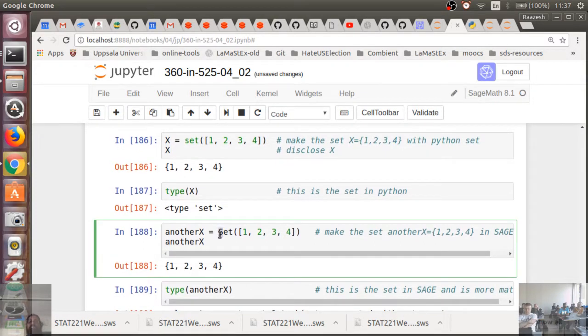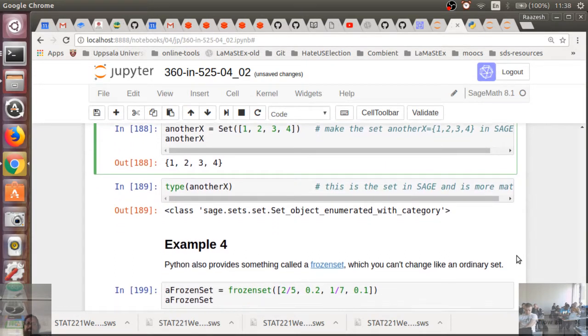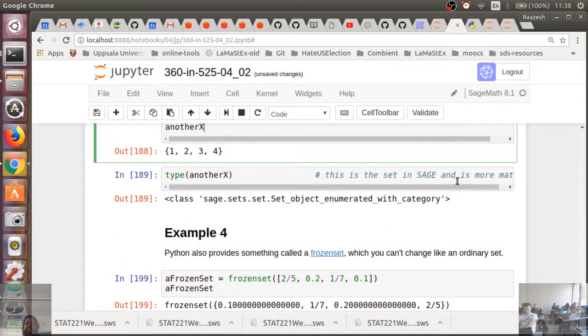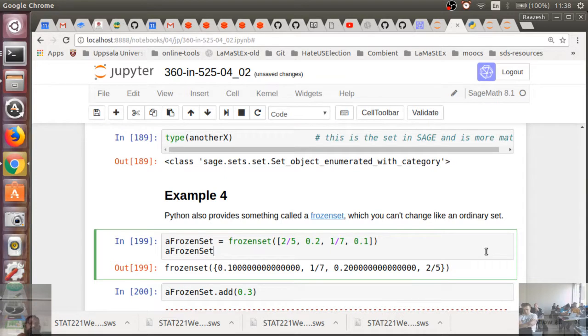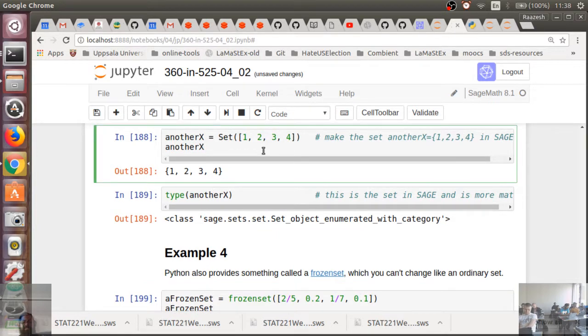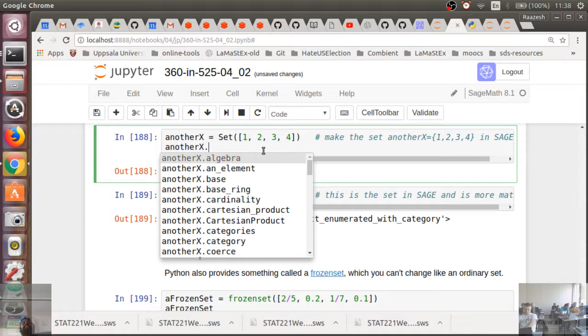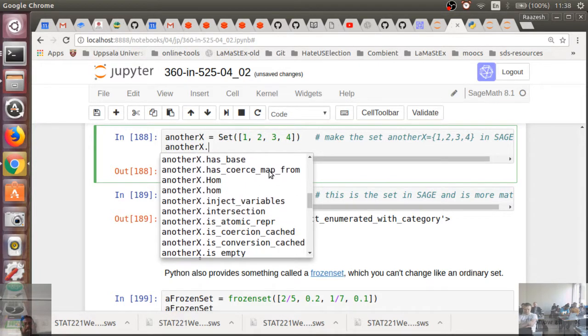It's capital S, right? Yeah. So, okay, that's what that calls the, yeah, I'm just going to leave it at that. It's more mathematical, but all these operations will work on the Sage set as well, and a lot more. So if you want to find out all the other things that are there, this is the Sage Math set. It has a lot more operations built on